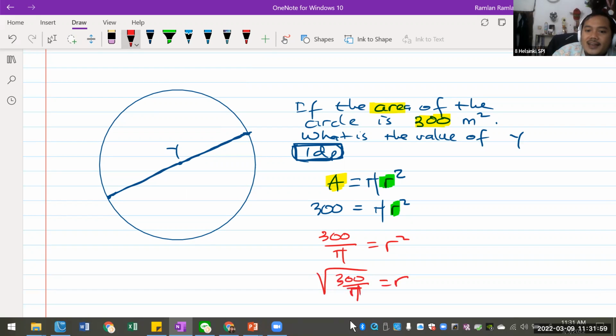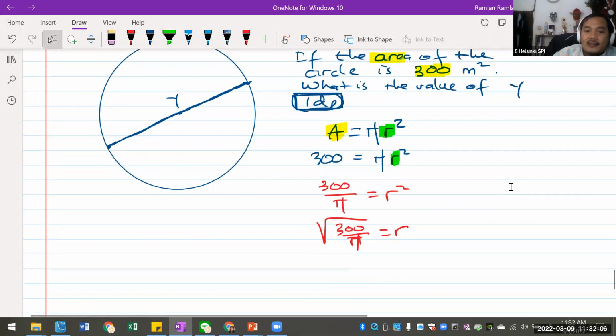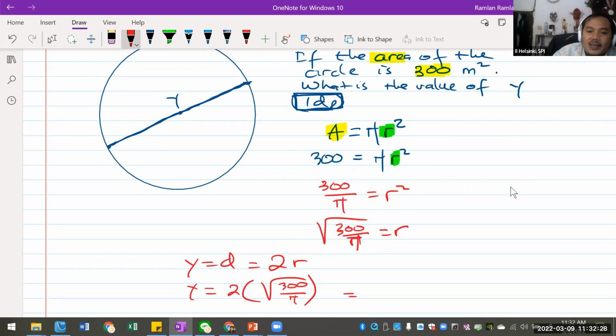Nah, ini dia guys. Ini baru R-nya ya. Saya belum tulis dalam bentuk decimal number. Since we know that the y is actually 2 times the r. That is the diameter, right? The y is the diameter. The diameter is 2 times r, and we know that the r is this guy. So the y will be equal to 2 multiplied by the square root of 300 over pi. And then if you put that into the calculator, we'll get